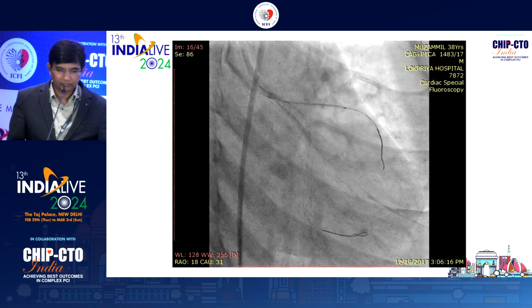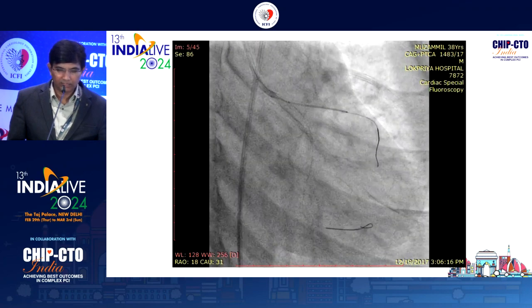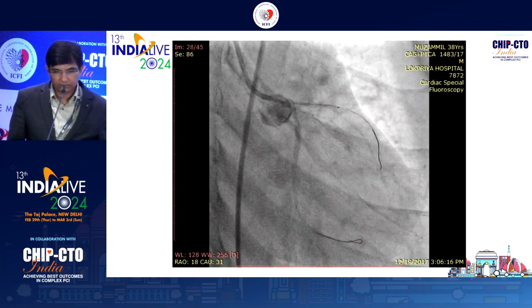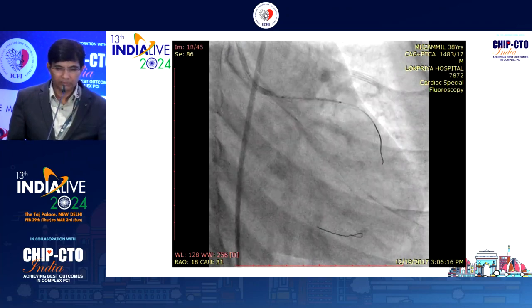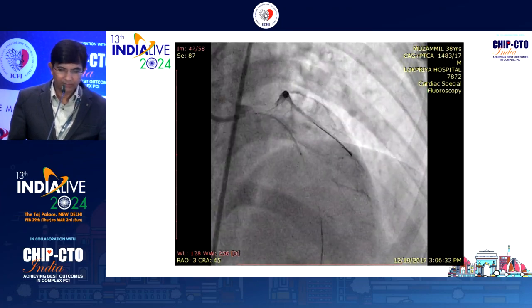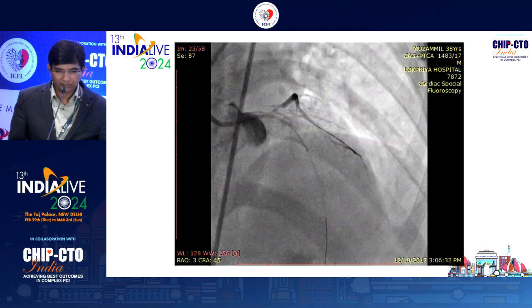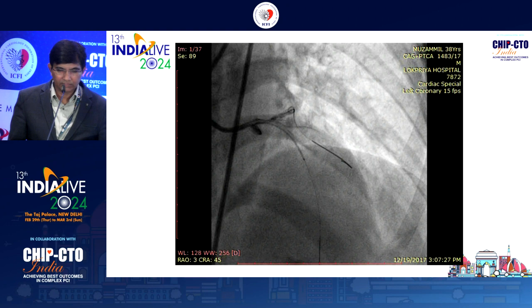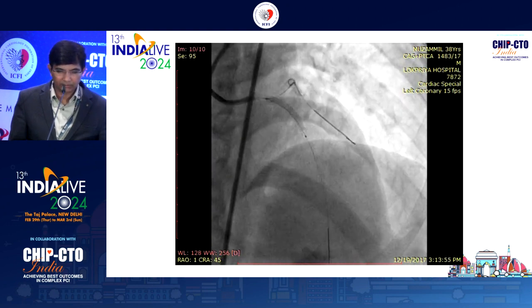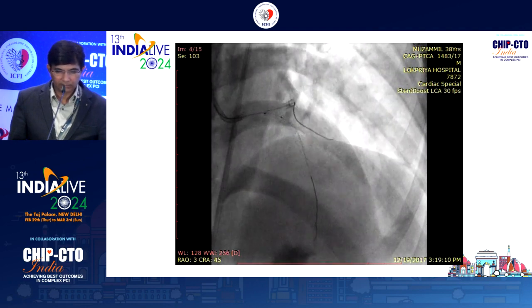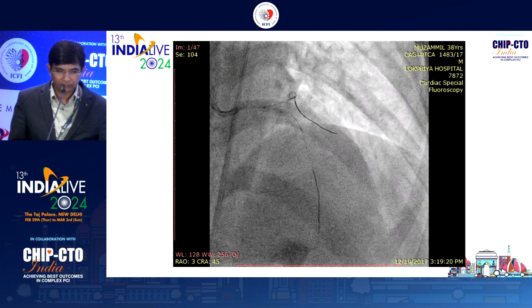A 2.75 by 24 Synergy was taken from the left main to the LAD, after parking in the proximal healthy segment of the left main, around 6 to 8 millimeter proximal. Because distally there is diffuse disease in the LAD, some landmark was chosen to park this one. Post dilatation was done with a 3.0 by 10 millimeter balloon, and